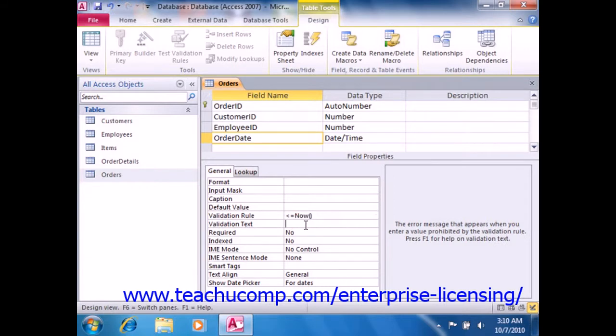Then to set what error message the user will see when they enter a value that violates the validation rule, click into the validation text property and simply type the text that you wish to display into that box. At that point, if you wanted to see how it would look,